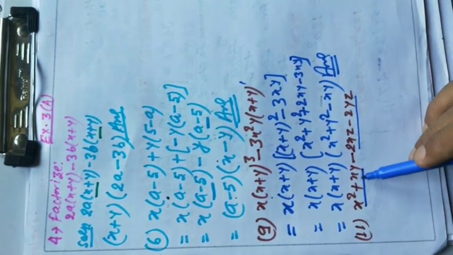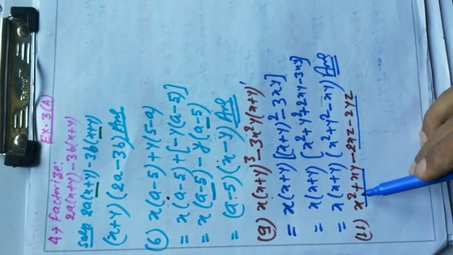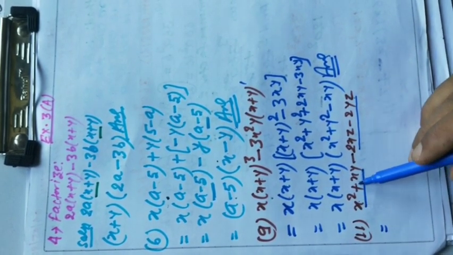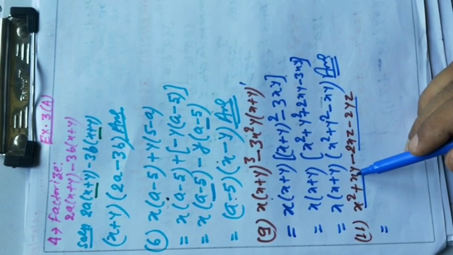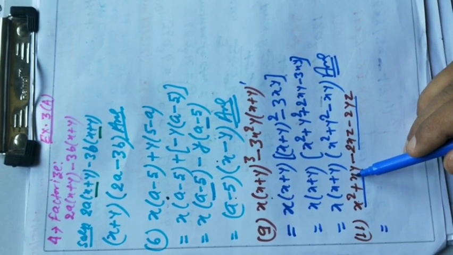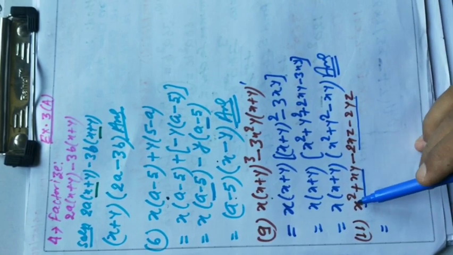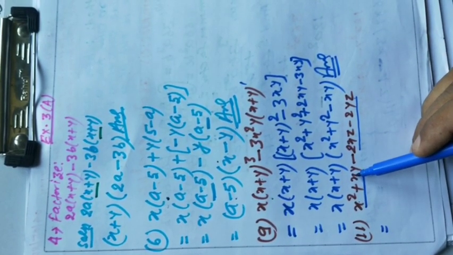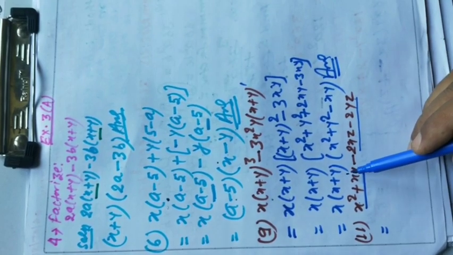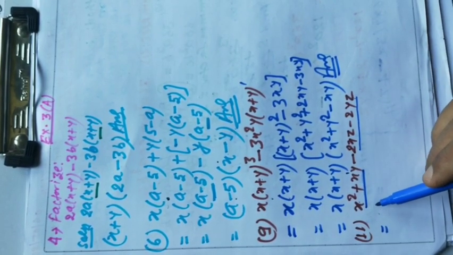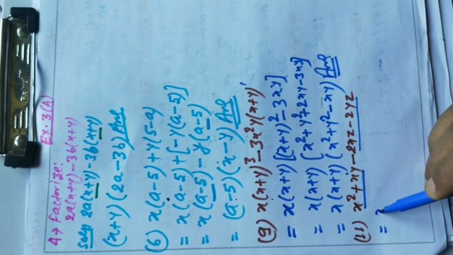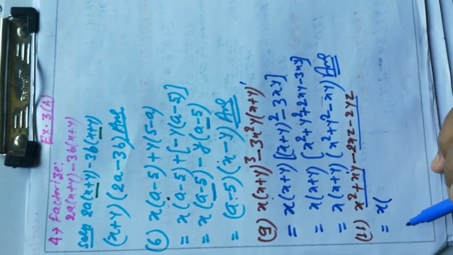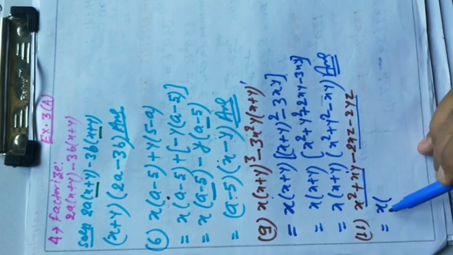Now in these first 2 terms, see what is common. So x square is here and x is here. In the second term x is there, and in the first term x square is here. So what will be common? The lowest power of x, that is x power 1, that is x will be common. In these 2 terms x will be common. So take x as common and then put the bracket, and now divide x square by x.